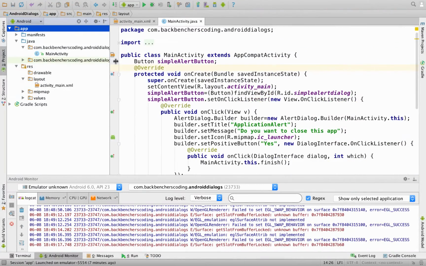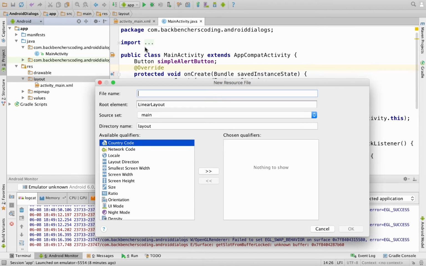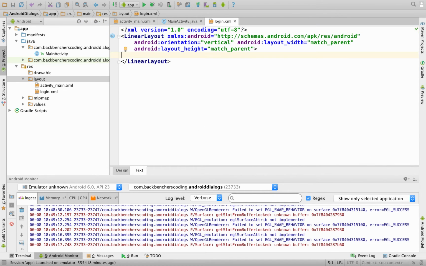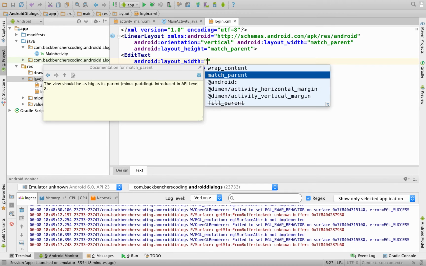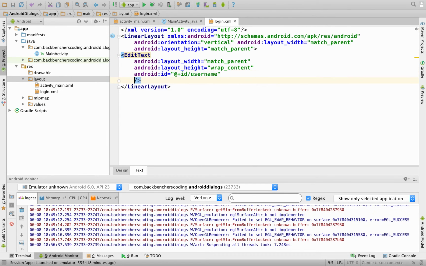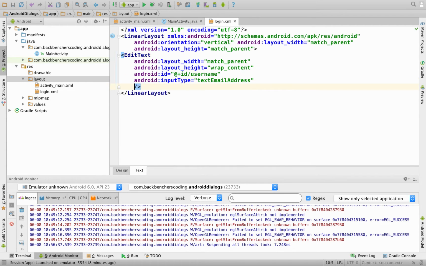Go to Android Studio. Now within the resource folder, in the layout folder, we create a new layout resource file and name it as login. Click on OK. Here we require two edit texts within a linear layout. So EditText, width as match parent, height as wrap content, ID as username, input type as text email address, hint as username, and we can provide margin top, left, right, bottom, but this is optional.